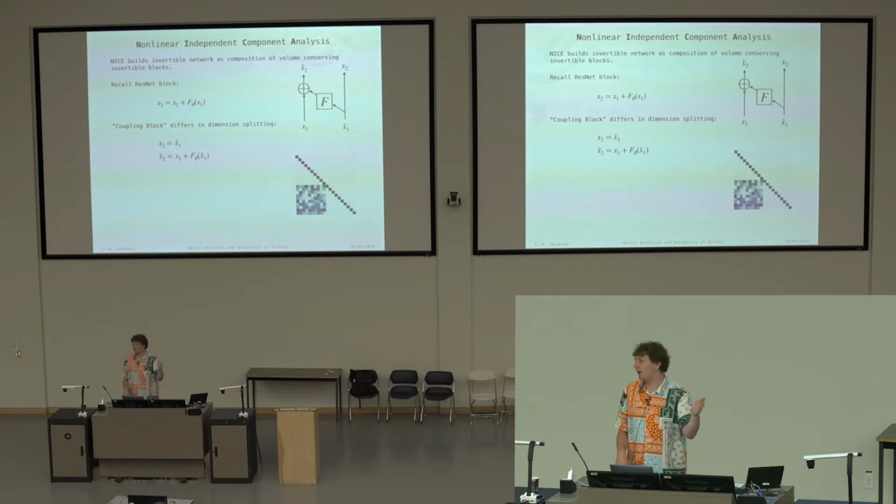So if we choose that prior to be factorial, so basically we want to have no interaction between the dimensions, then we actually get independent components if we manage to minimize this perfectly. So that's essentially the old school independent component analysis. It's really like this here.